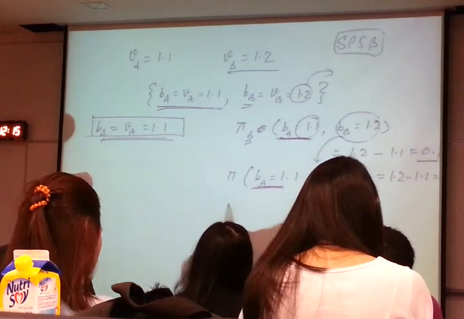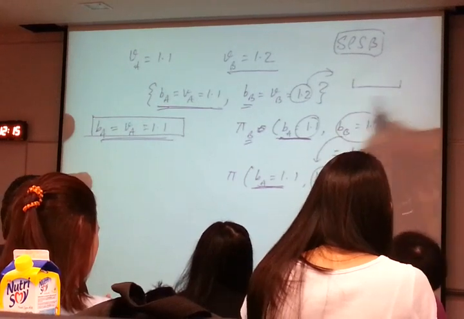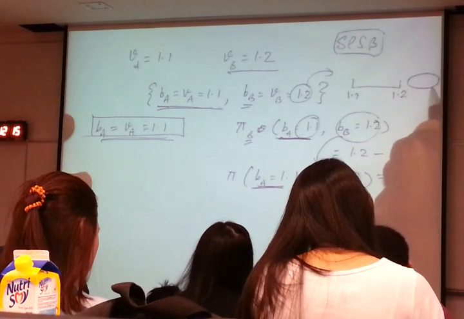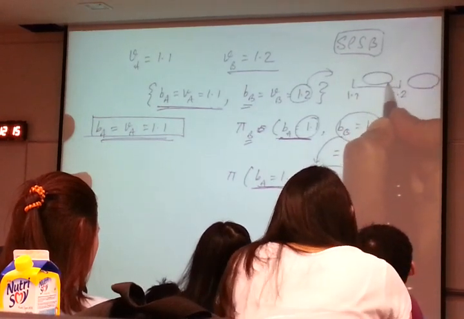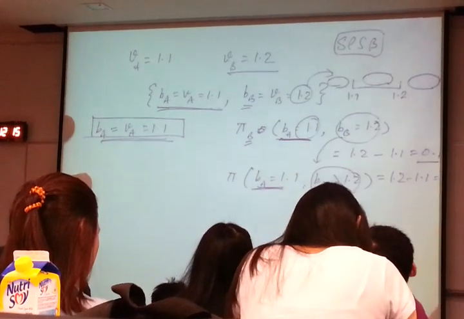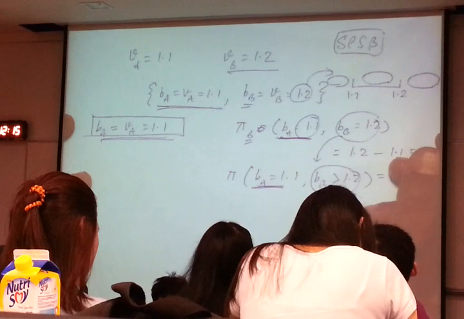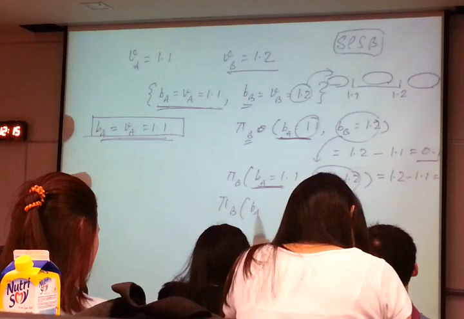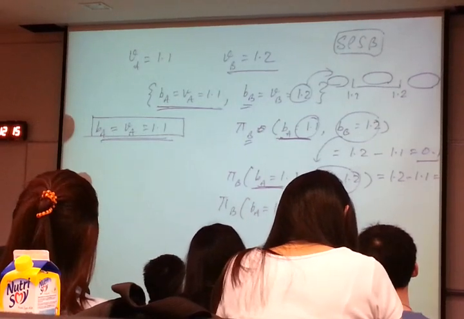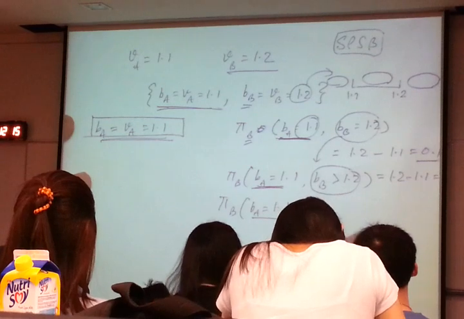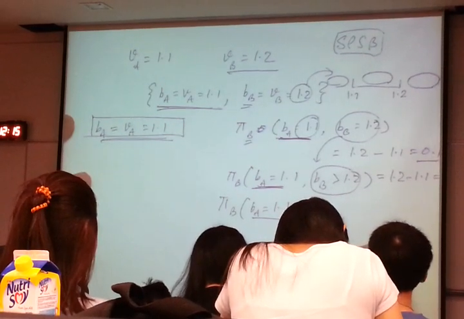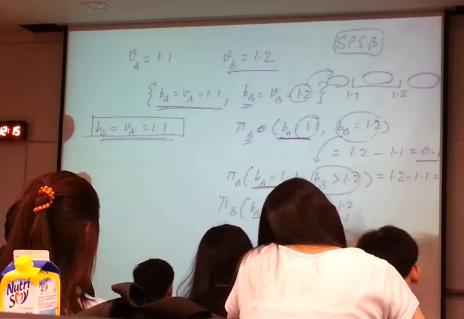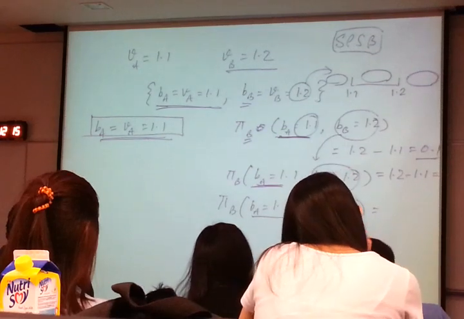Now, consider another bid. There are only three possibilities, right? This is 1.1, this is 1.2. I have looked at what will happen when Bert bids 1.2. I should look at what will happen when Bert bids anywhere here, and anywhere here. Once I have considered the three possibilities, I am alright. Okay? So now, next, the payoff to Bert when Alex bids 1.1, notice I am holding Alex's bid the same, and Bert bids anywhere between 1.2 and 1.1, anywhere between these. What will happen? Who will win the auction?